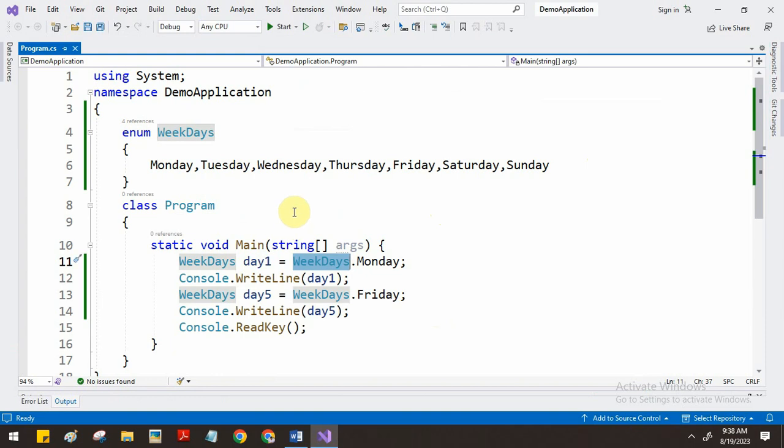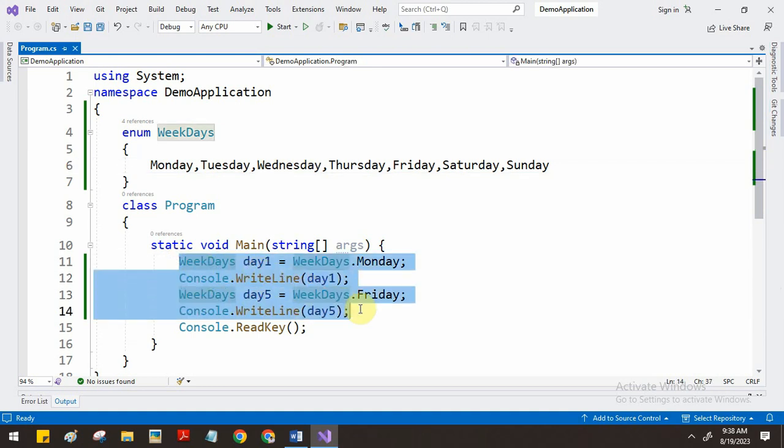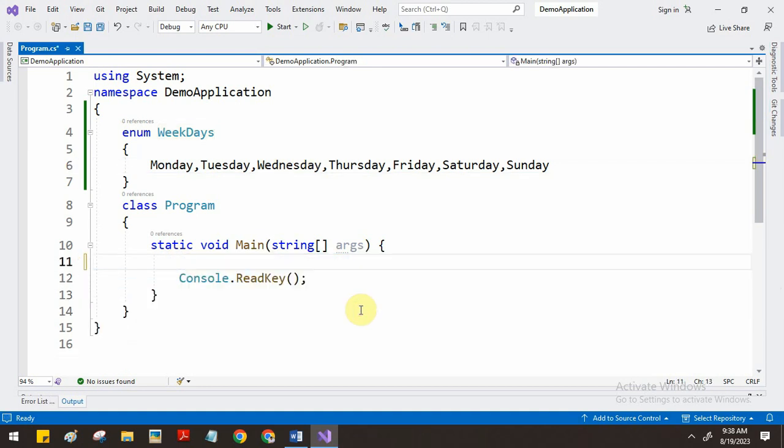And moreover, in enumeration, by default every constant will have an integer value. A default integer value will be assigned for every constant starting from 0. So for Monday the default value will be 0, Tuesday 1, Wednesday 2, like that. It will go up to however many constants you are creating. If you want to access the default value, we can use another way. If I want to access the constant's default integer value, we can create an integer variable day1